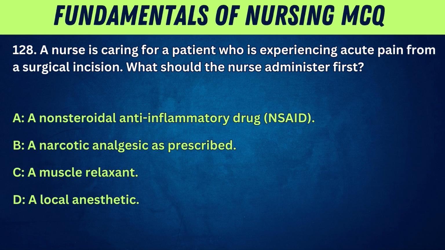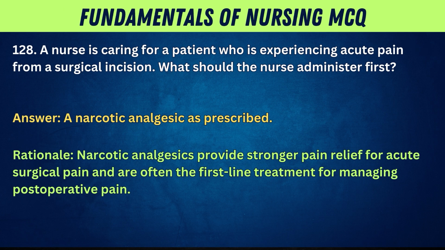128. A nurse is caring for a patient who is experiencing acute pain from a surgical incision. What should the nurse administer first? A. A nonsteroidal anti-inflammatory drug, NSAID. B. A narcotic analgesic as prescribed. C. A muscle relaxant. D. A local anesthetic. Answer: A narcotic analgesic as prescribed. Rationale: Narcotic analgesics provide stronger pain relief for acute surgical pain and are often the first-line treatment for managing postoperative